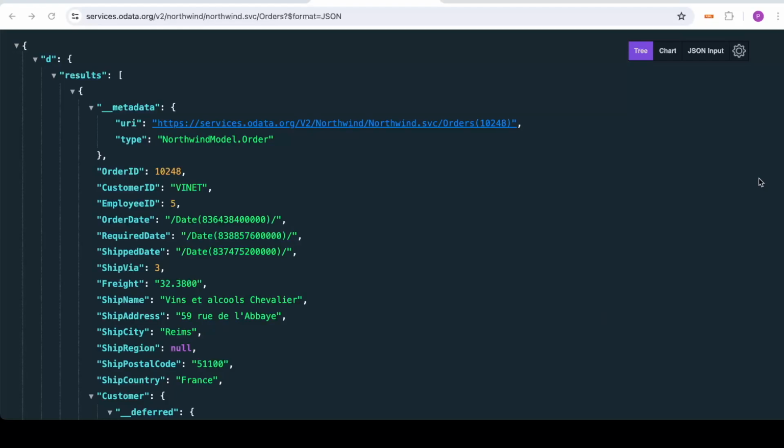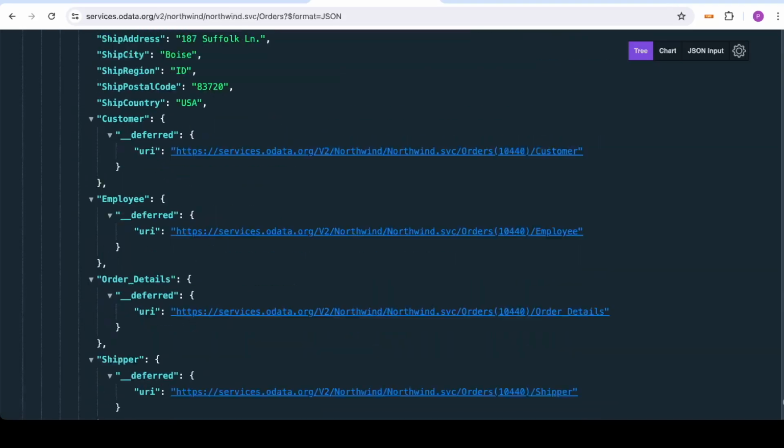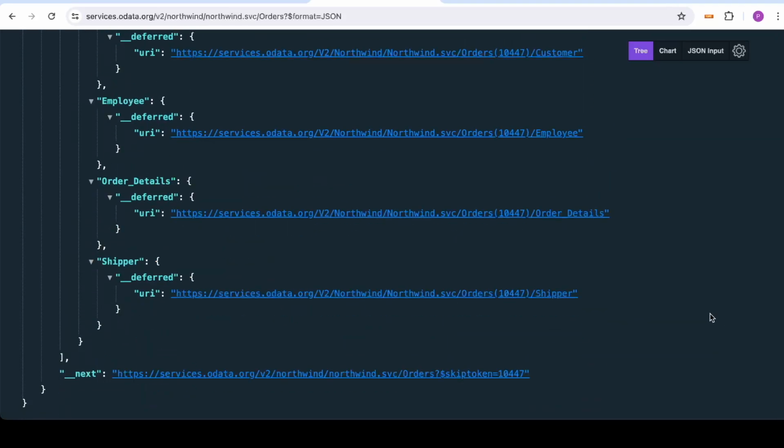We're going to see the looping process call in cloud integration. Before moving to cloud integration, let's see how the NorthWind OData v2 API behaves in the browser. I have just made a call to the NorthWind server to get the list of orders using this orders endpoint, and at the end I can see I have received a next